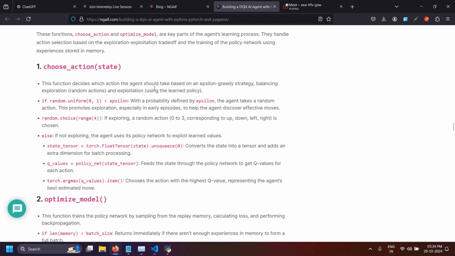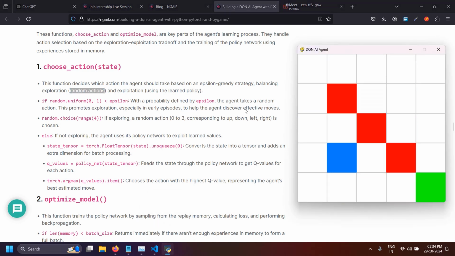The function decides which action the agent should take based on an epsilon greedy strategy, balancing exploration, meaning random actions, and exploitation using the learned policy. As you can see, it is taking random actions, and over time it starts to learn the path where it should go. It keeps past experience in memory in the neural network DQN, and using that, next time it moves on the correct path. So if random.uniform(0, 1)